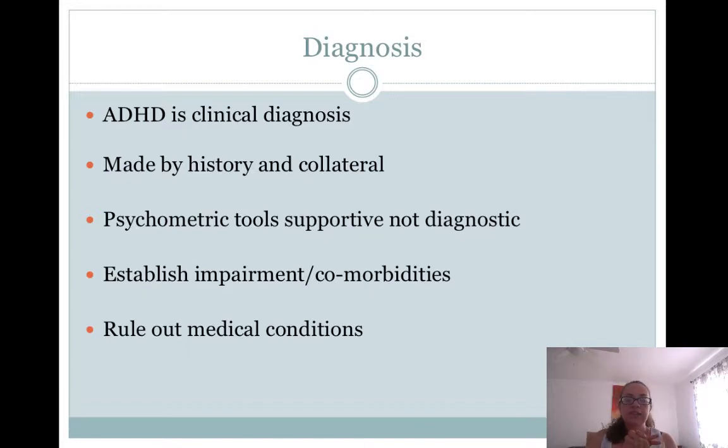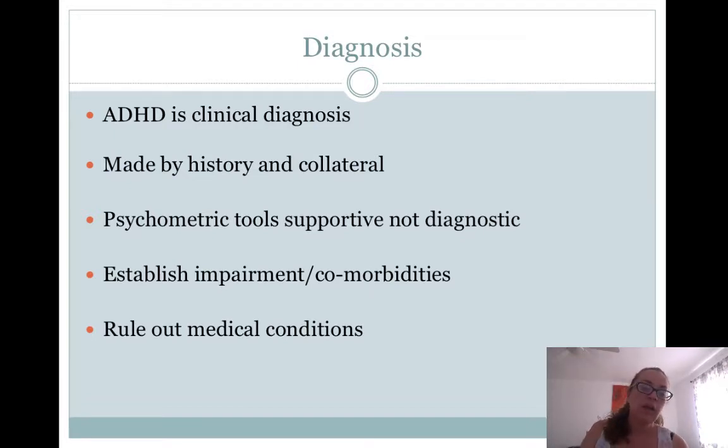Psychometric tools, this means testing. They're supportive. They help you sort of figure it out, but they're not diagnostic. In other words, there is no test for ADHD. And they're diagnosing practically everybody's child. If the kid disrupts the class, if they're not perfectly behaved, they have ADHD. It's ridiculous. There is no test for it. There's very limited diagnostic criteria for it. I mean, we have what's in the DSM, but there are so many issues that could cause those exact same symptoms in a child. And like I said, if it's being caused by a relationship issue or lack of discipline, it's not truly ADHD.